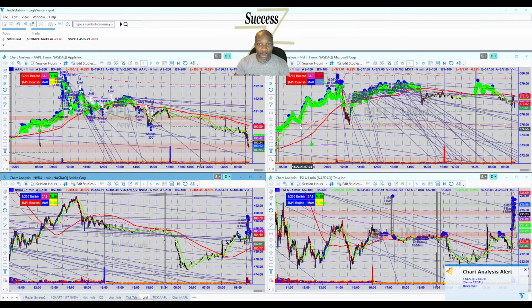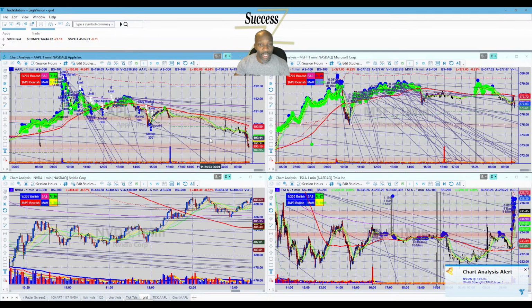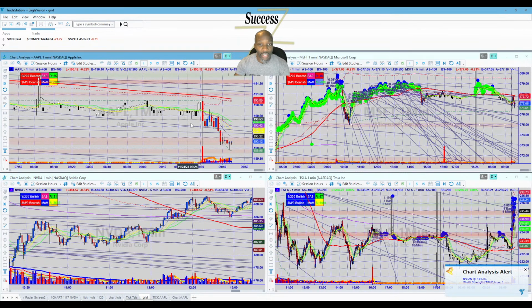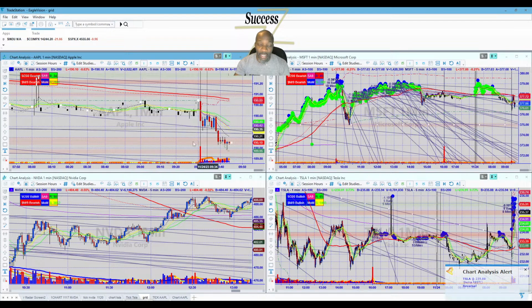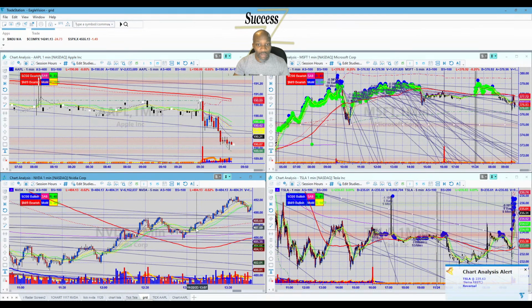So we want to see both of these before we start considering taking entries. Currently on Apple, it's trending down. We're not concerned about the strength of it trending down because it's just trending down. All right, and then on Nvidia,